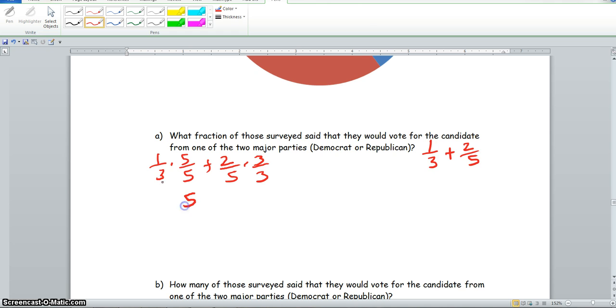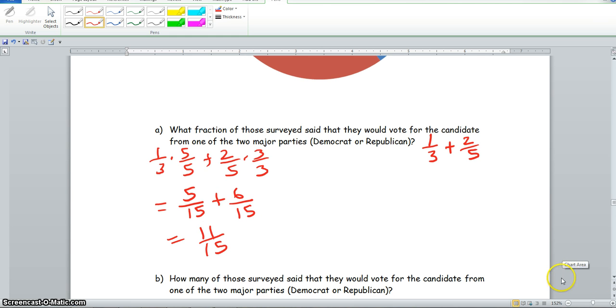1 times 5 is 5, and 3 times 5 is 15, plus 2 times 3 is 6, and 5 times 3 is 15. Now we add them together, and that will give us 11/15. Now,